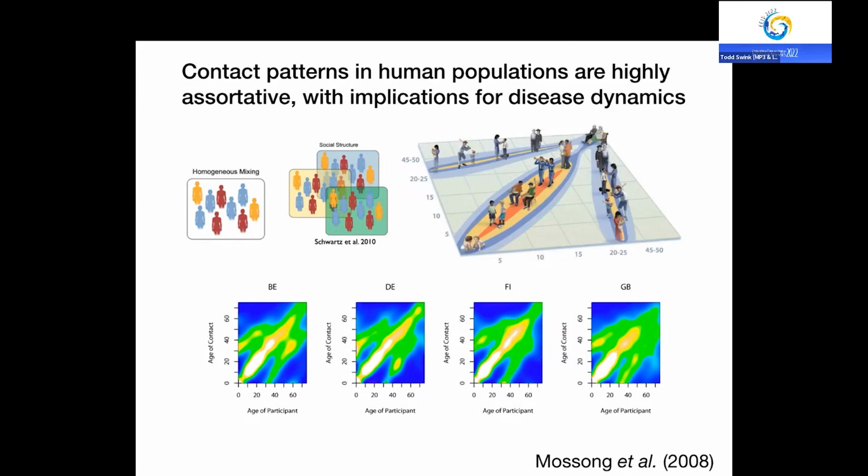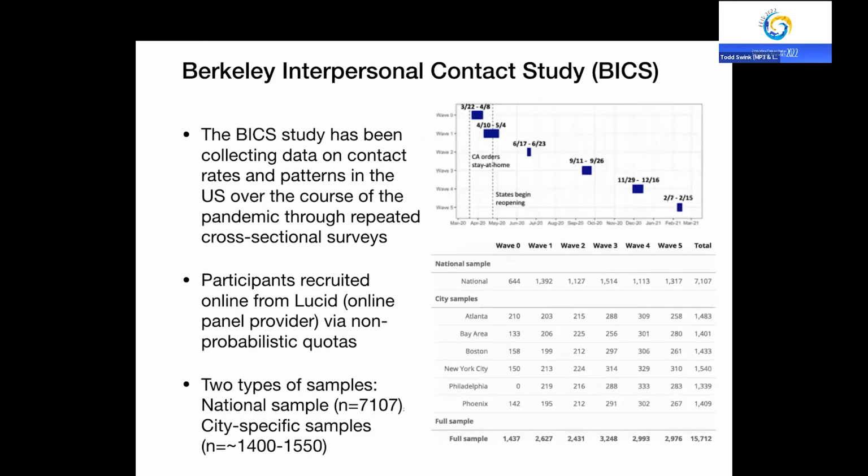So we started a contact project in Berkeley at the start of the pandemic. The first round of our survey, which we called BICS, or the Berkeley Interpersonal Contact Study, we did right as soon as the lockdown started here in Berkeley, and we just thought that we would try and put together a very quick survey to try and understand what was happening with contact in the